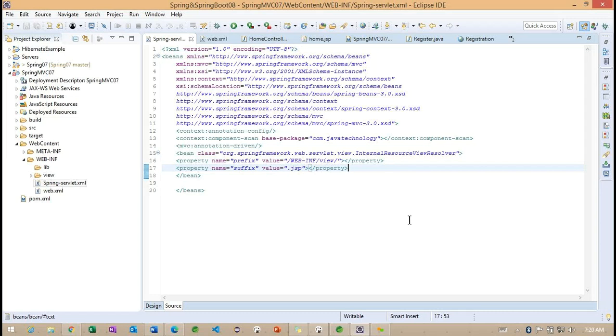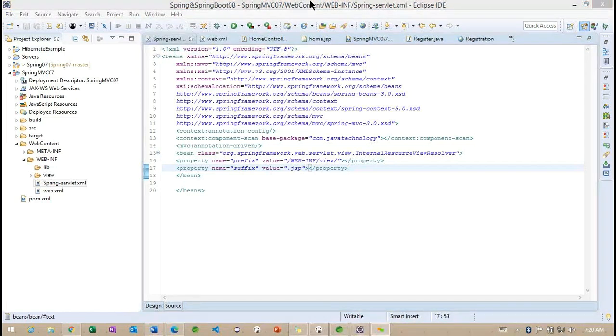Right now, we'll check how the same example can run in Spring Boot, and what advantages we are going to get whenever we are running with Spring Boot. Now we'll check the RestTemplate example using Spring Boot. Here we'll work with Postman on the CRUD operations, like insert, update and delete, and get.